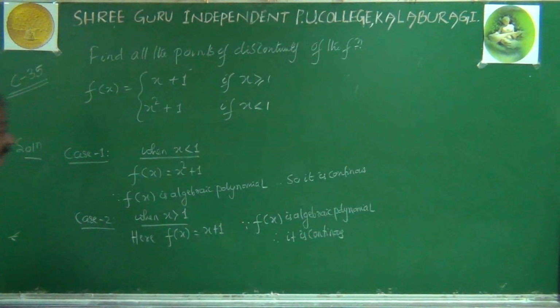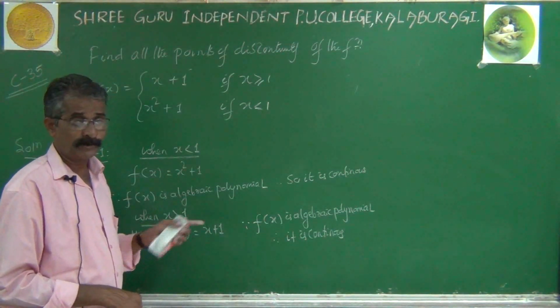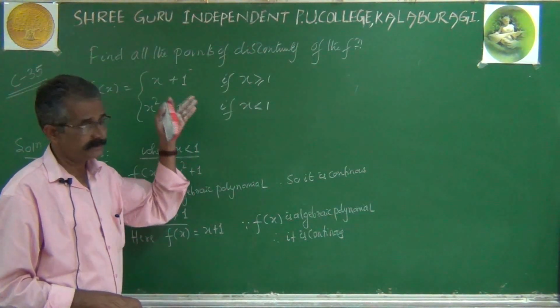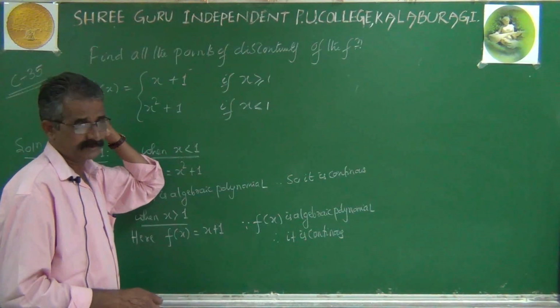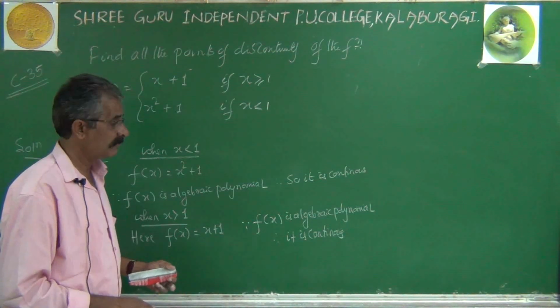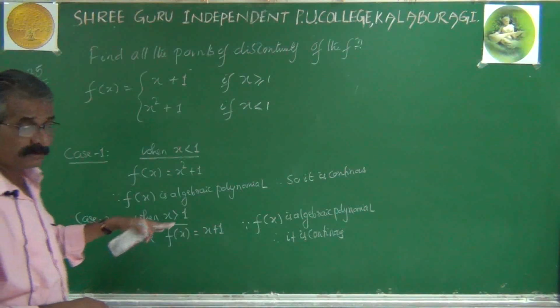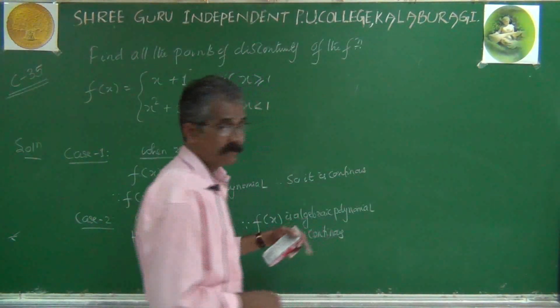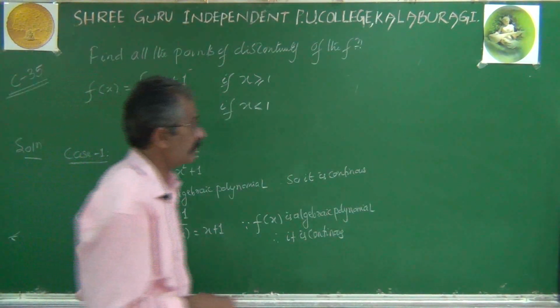Observe, it is continuous for all x greater than 1, meaning continuous for x equal to 1.1, 1.2, 1.3, 1.4, 2, 3, 4, 5, and so on. You can go up to infinity, but it is impossible to go till infinity because it will never end. So it is understood. The function is continuous for x greater than 1 and for x less than 1. Let's see exactly at x equal to 1 whether the function is continuous or discontinuous.